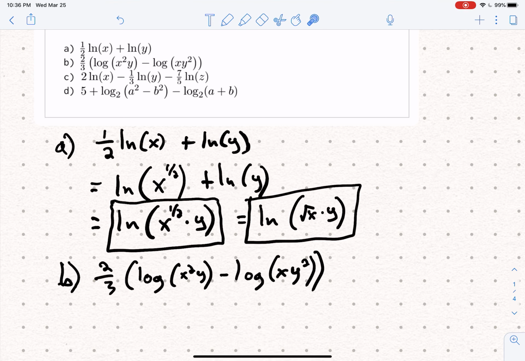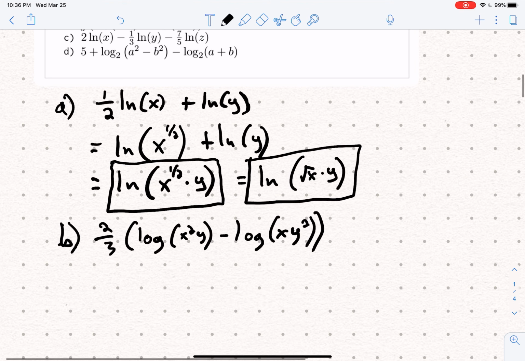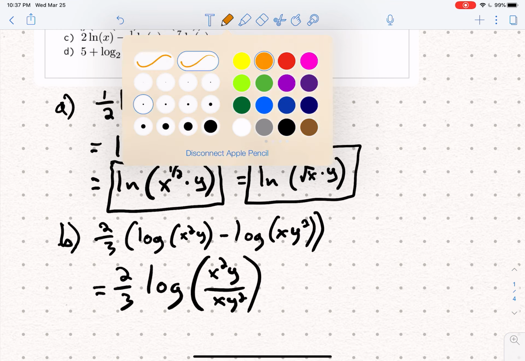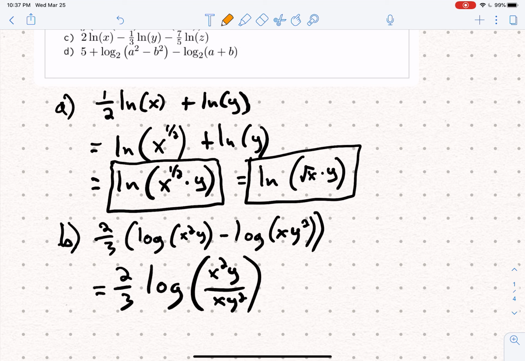And this 2/3 I'm just going to keep out in the front. So how does it look? Like so. 2/3 times the log of, and the x squared y goes on the top, and the xy squared goes on the bottom. Now, we have this nice fraction inside with some stuff that will cancel. In particular, we can cancel the x on the bottom with one of the x's on the top, leaving just an x on the top. And we can cancel the y on the top with one of the y's on the bottom. And so this thing altogether gives us